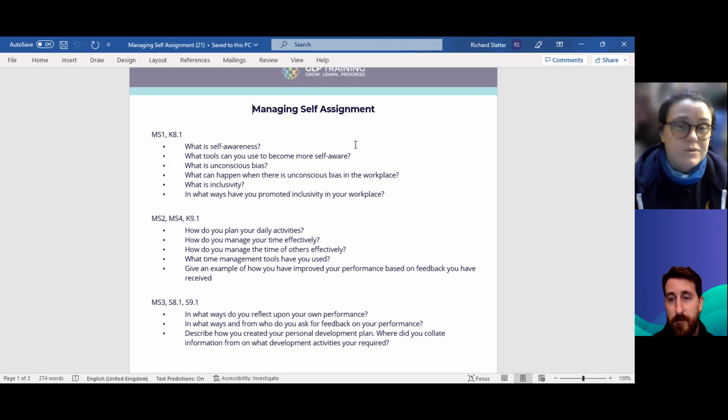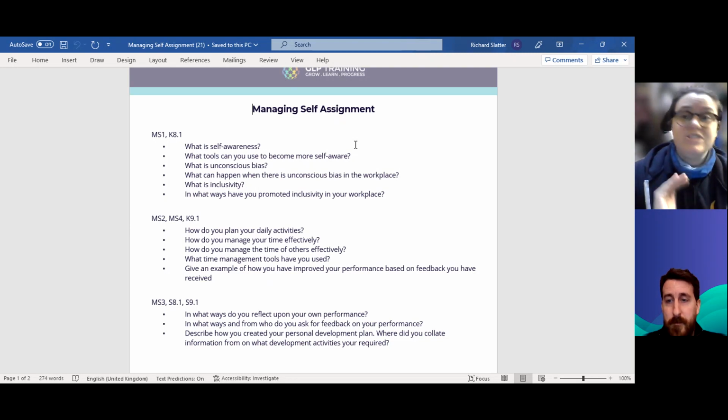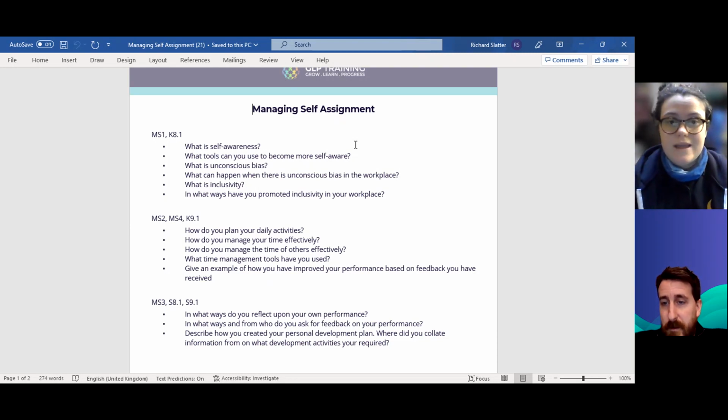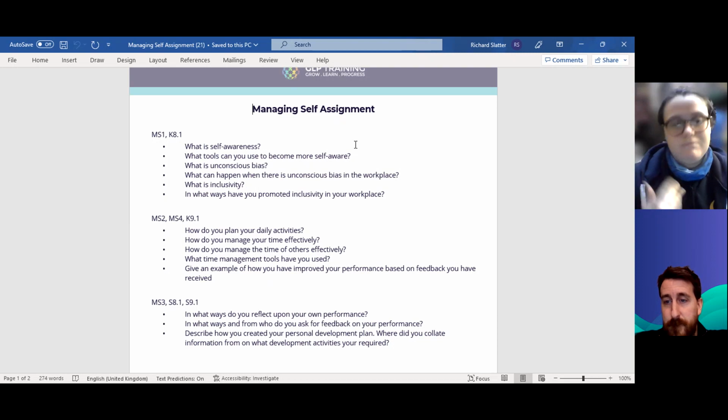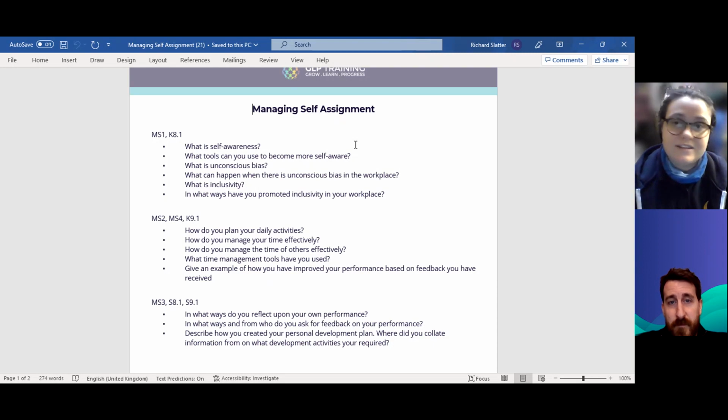I also have to be honest with myself and say delegation is not one of my strong suits. It is something that both my line manager and myself have highlighted, that sometimes I am too keen to make sure that the job is done properly, so I won't give it away to other people. So one of my responsibilities